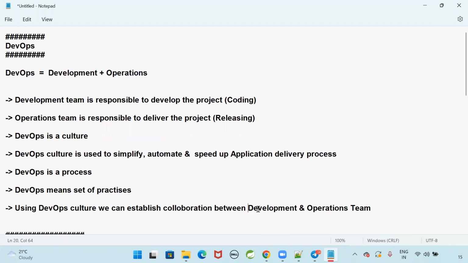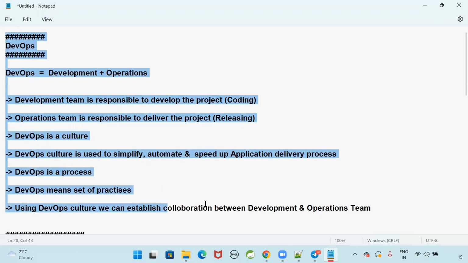They should know what each team is doing. So there should be collaboration between the development team and the operations team. To establish that collaboration, we are going to use this DevOps culture.